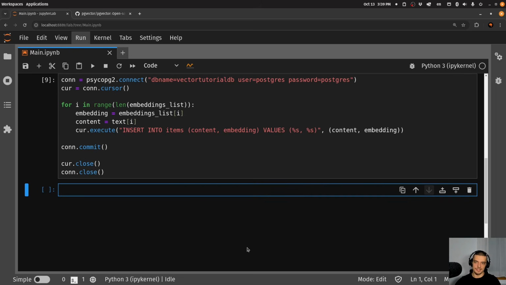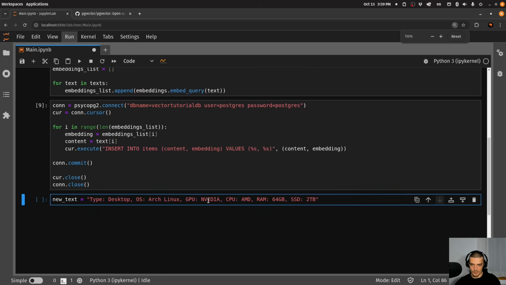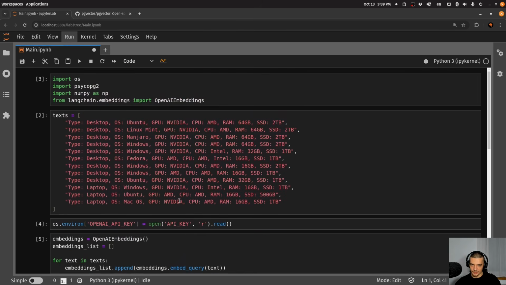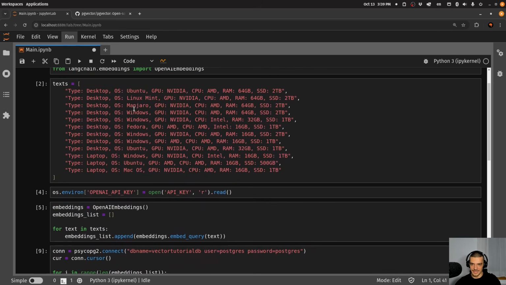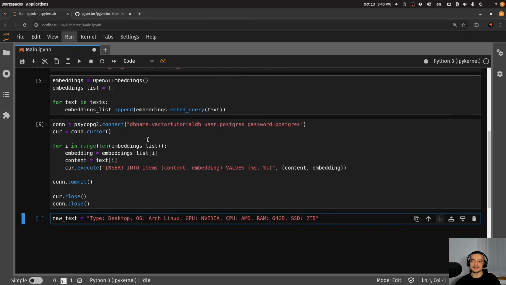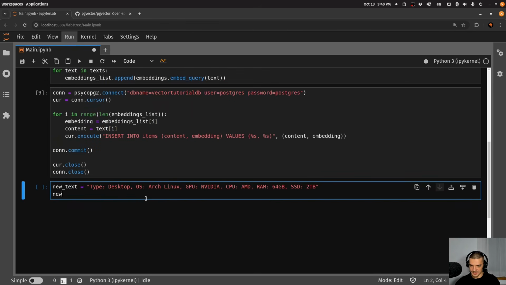But what we're going to do now is we're going to get a new text. And I'm going to copy paste this again here from my prepared code. This is the following system, and I'm going to explain here why I chose this system. You can see that this is a desktop PC with the Arch Linux operating system. Now, we don't have an Arch Linux operating system here. We have Manjaro, though, which I would consider to be the most similar because, yeah, of course, Manjaro is also Arch-based. And because of that, we're going to say now new embedding is equal to